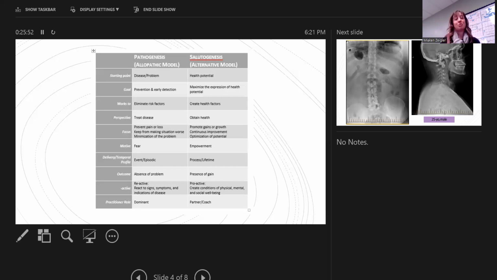And I'm sharing this with you because if I was stuck in that pathogenic model, if you know anything about MS, you are destined to be in a wheelchair by 50, 60 years old. My husband signed on to being married to a person where he would be a lifetime caregiver. I probably wouldn't have my daughter right now. I'd be on medication after medication. That doesn't work. Here's another one.